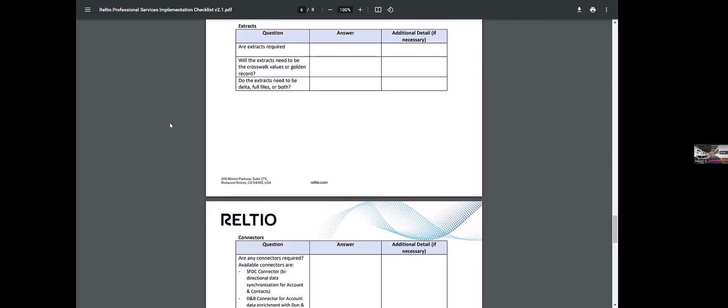So basically identify the requirements around extracts, like what attributes need to be extracted out, how the golden copy should look, and the frequency, like whether you want daily or monthly extracts, etc. Typically, what we see is that on day one we go with the full files, and then we go with daily feeds.